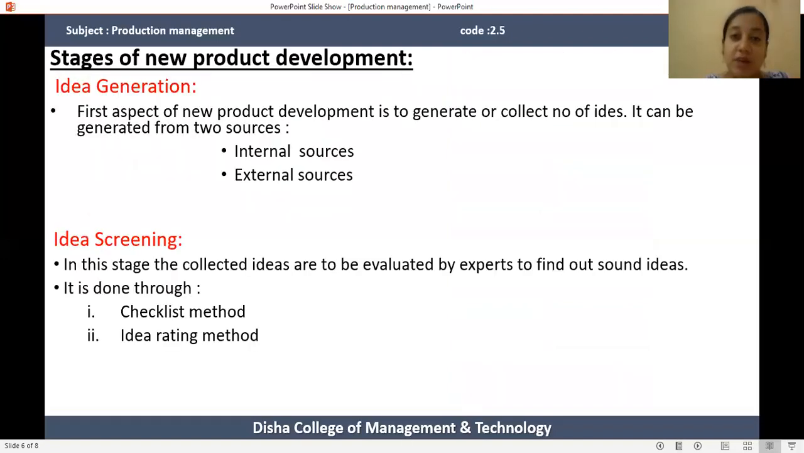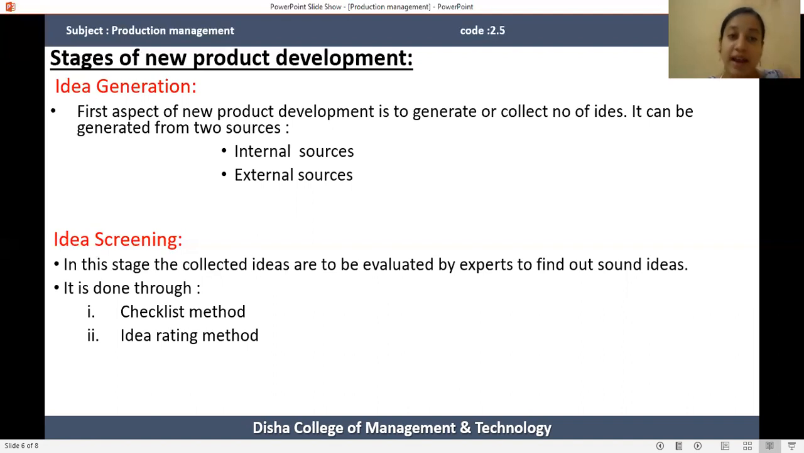The first stage of new product development is idea generation. In this stage, the organization or the production department has no idea about the product they are going to produce. So in this first stage, they have to collect various ideas related to a particular product, meaning which product they are going to produce or which product is suitable for them. They have to collect various ideas from